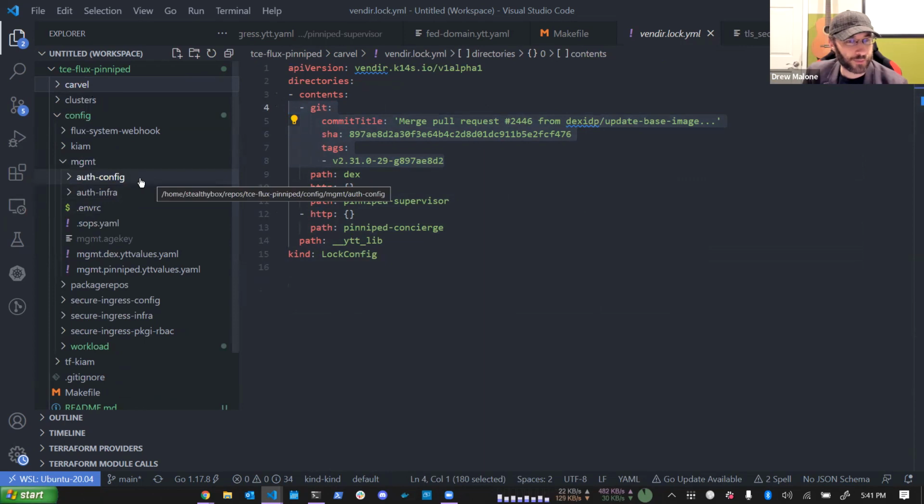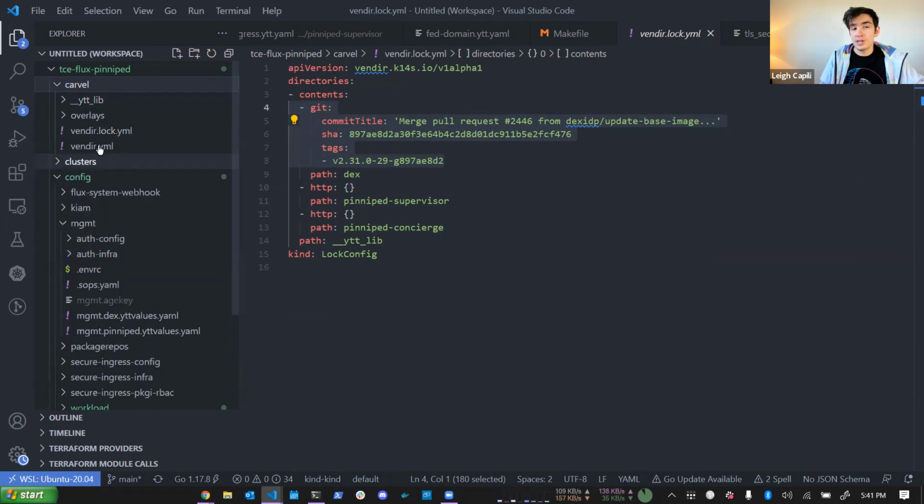Hey, Leigh, sorry for the interruption. Could you give a quick high level, like what is vendor and what's a typical use case for something like that? Yeah, so what I'm doing here with vendor is I can just